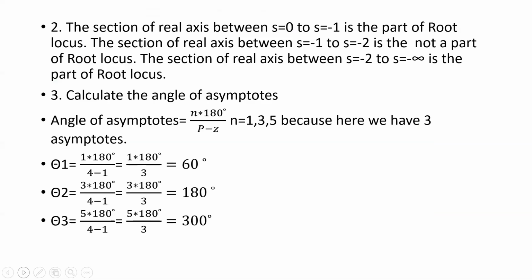Next, as I said, there are three asymptotes, three root loci which have to be guided. One of them finds a zero nearby and converges over there, but the other three will not find a zero. They have to move towards infinity to find one, so they have to be guided. So you require three asymptotes. The n value will be 1, 3, 5. Applying the values in the equation, the angles of asymptotes will be 60, 180 and 300 degrees.